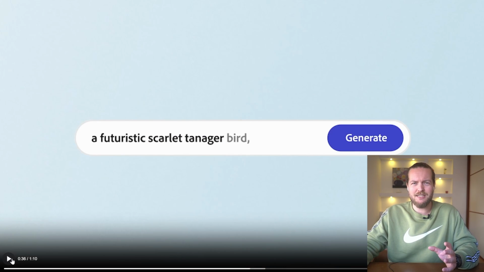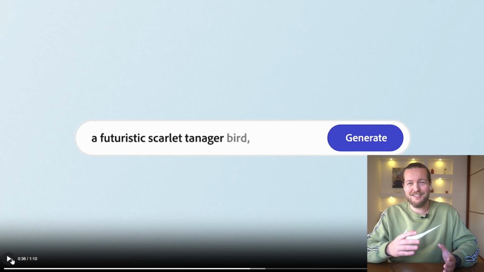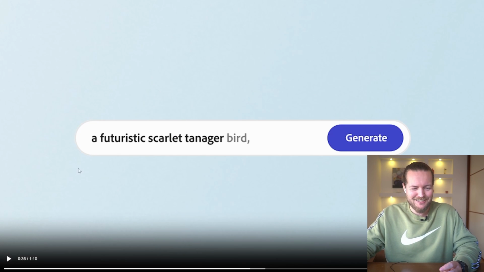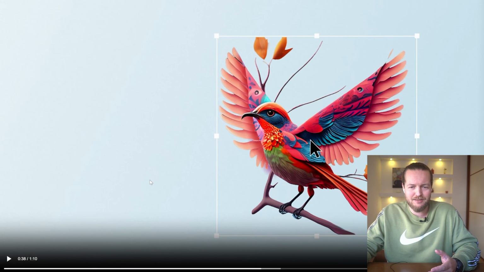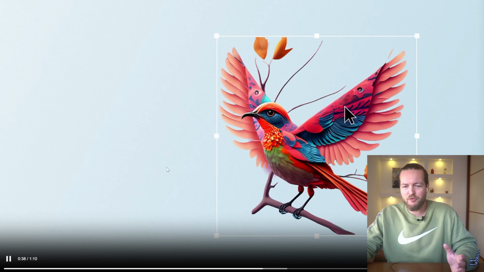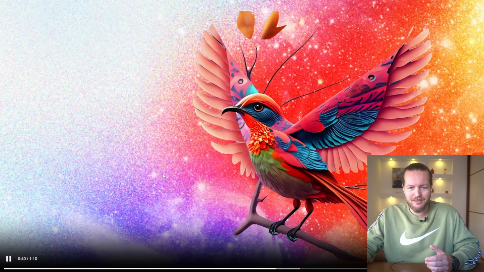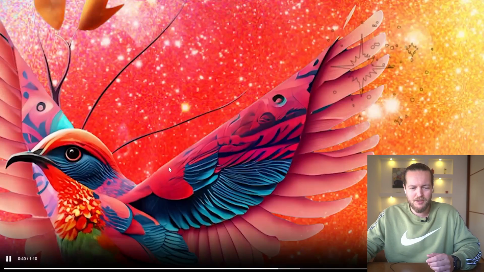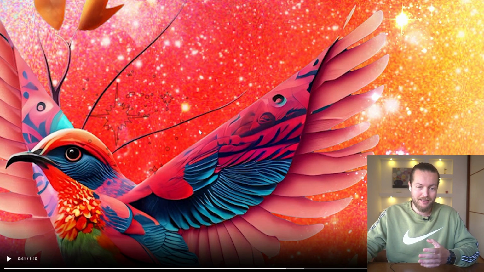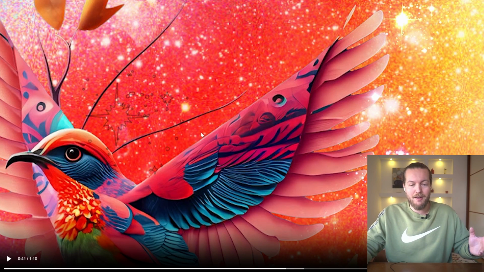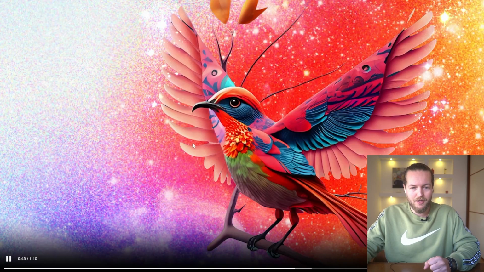And this is easily like a Canva destroyer in a sense. Now here they have a futuristic scarlet tanager bird, very detailed. I don't know what that type of bird is. They remove the background, and just like that, you have a beautiful scene that is happening. You can have a brush here, again, that could have been created by this other AI tool, and just like that,